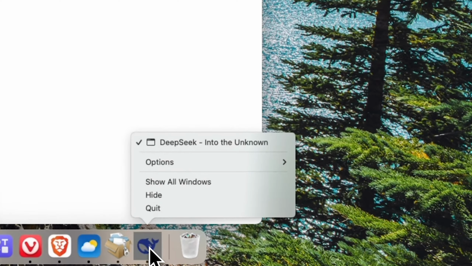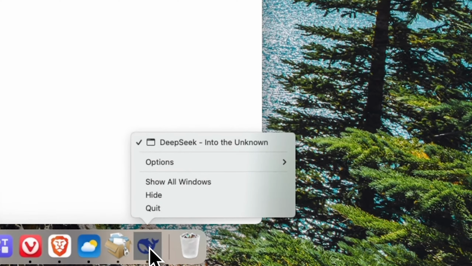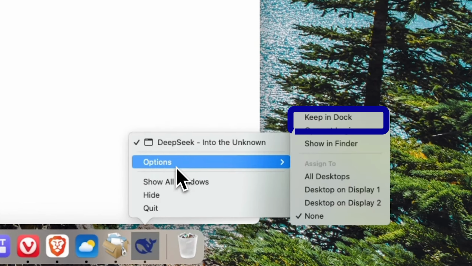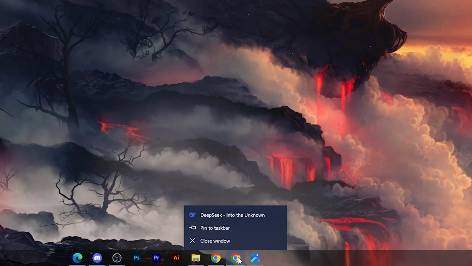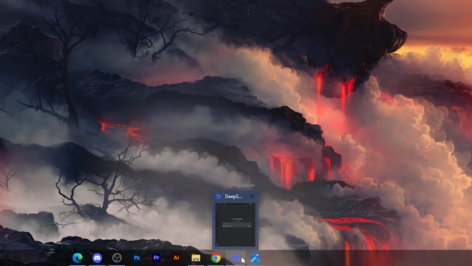And when you are on the Mac, you will just have to hover over it in your dock, just like so. Then hover over Options, and now you'll have to choose Keep in Dock. But if you are using the Windows, you will have to right click on it, then click on Pin to Taskbar. Once you click on Pin to Taskbar, it will just be displayed just like so,